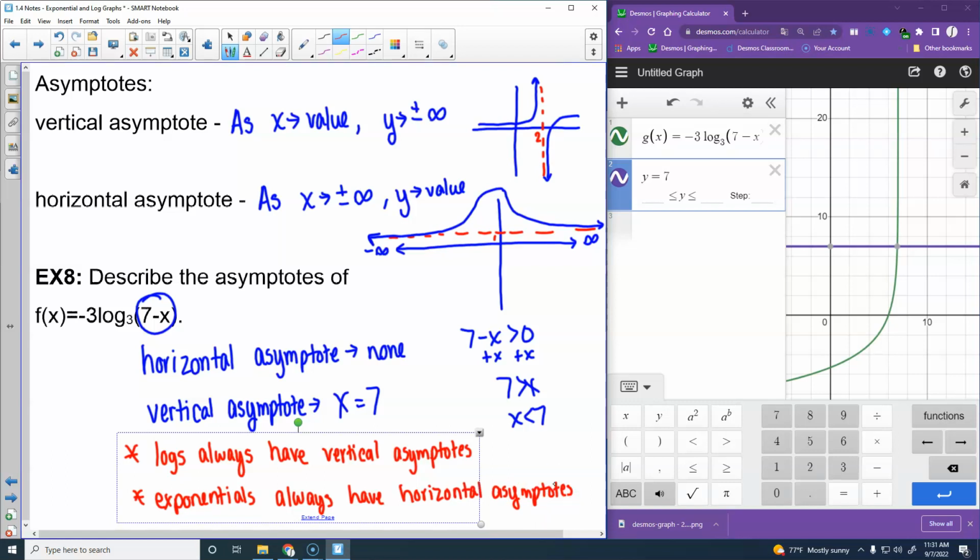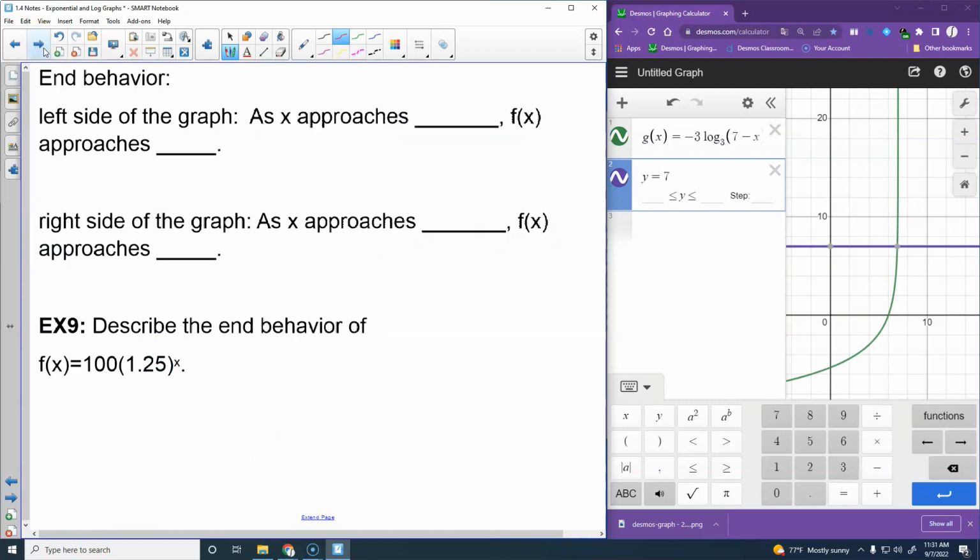Okay, so that will always be the case. It will never have both. So logs do not have horizontal asymptotes. Exponentials do not have vertical asymptotes. Okay, all right. So we'll hold off on end behavior until